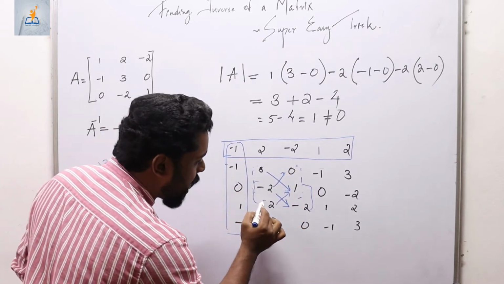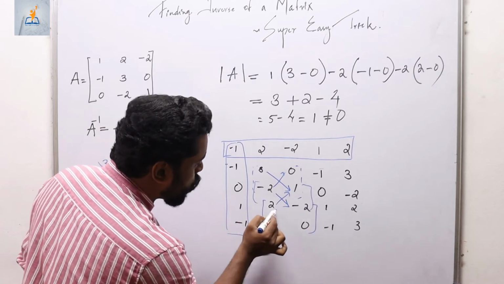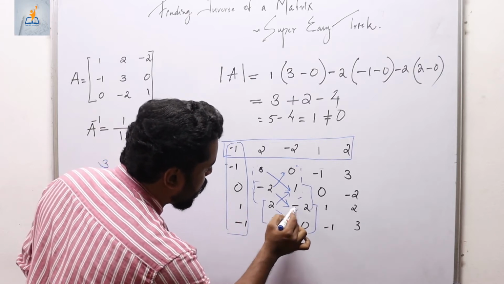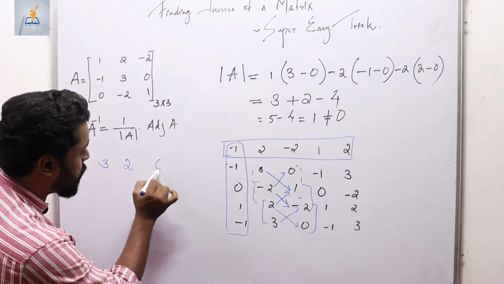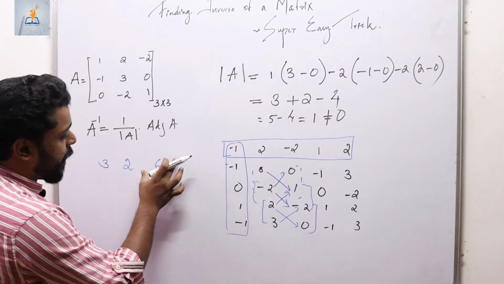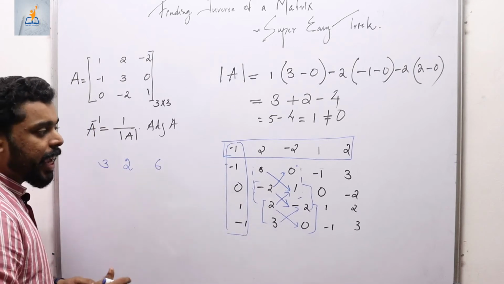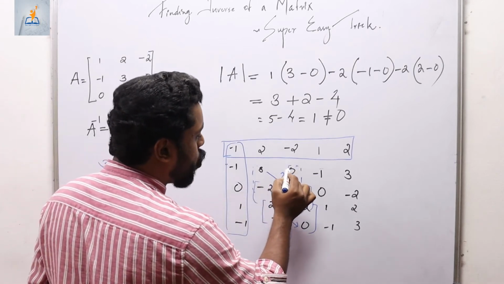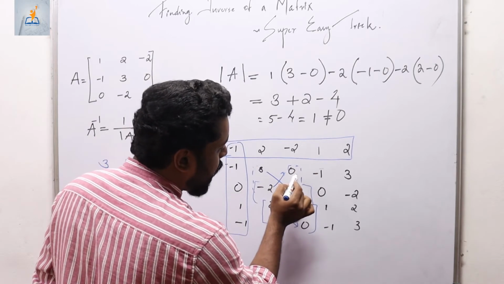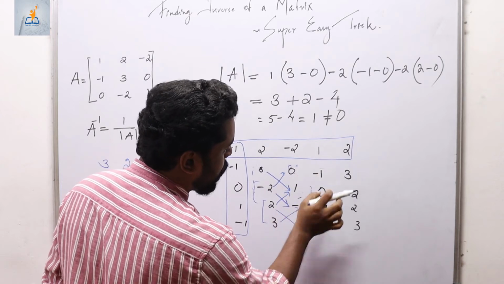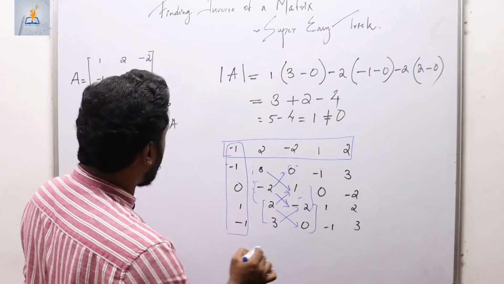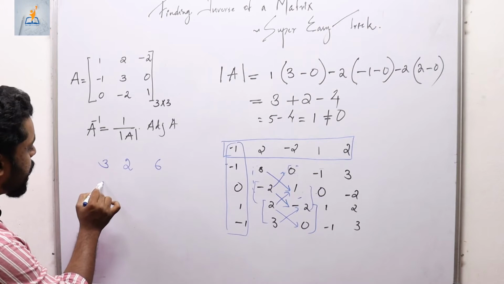And again you can see another 2 by 2 matrix here. So you can easily find the determinant of that matrix. It is nothing but 0 minus 6, which is 6. So we get the next term as 6. Again I can find the next 2 by 2 matrix over here and I can find the determinant as 0 minus 1. It is nothing but 0 plus 1, it is 1, and I have to write the number in the next row.